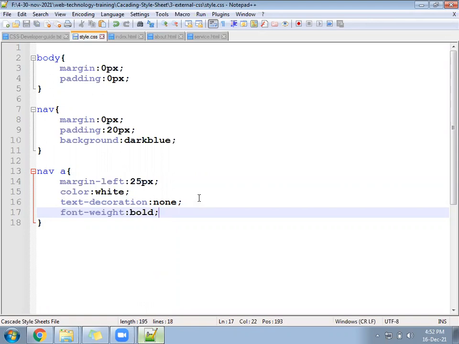Save the file. Body, nav of a tag. Now see, navigation is coming.